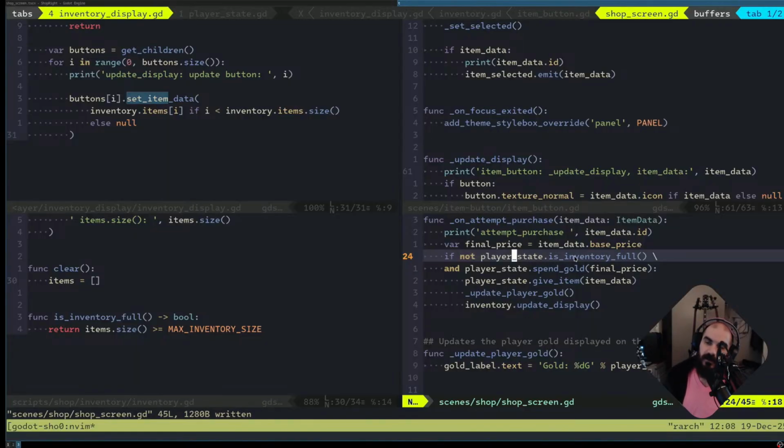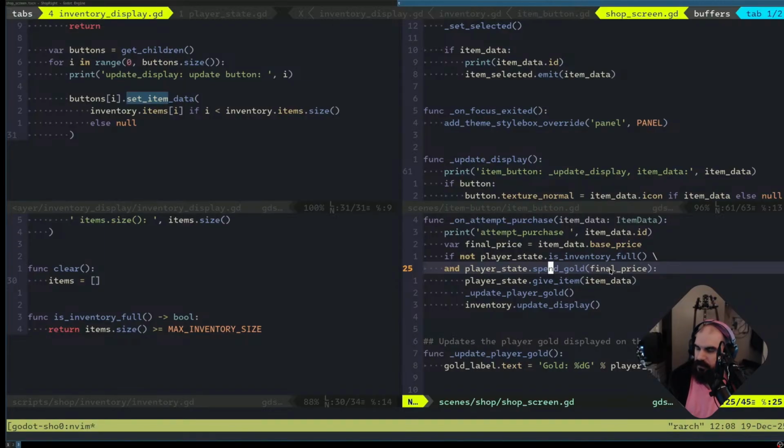And the other thing that I would do differently in a production system here, we would check if the inventory is full. Actually, we would do these separately instead of anding these the way it is here. Yeah, the other way I was thinking about doing this just now, which is why I stopped talking mid sentence,